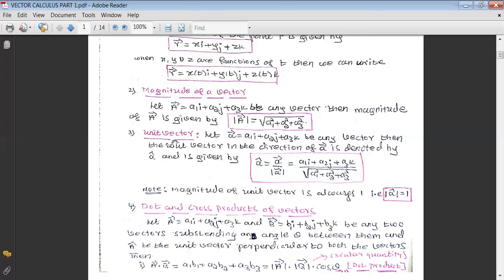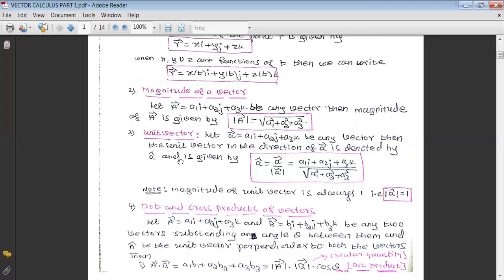Now, let us define what is a unit vector. Suppose we have a vector, say A bar equals A1 i plus A2 j plus A3 k, where A1, A2, A3 are the components of the vector A, and i, j, k are the unit vectors along the coordinate axes X, Y, and Z respectively. Suppose it represents any vector, then the unit vector in the direction of A bar is denoted as A cap,